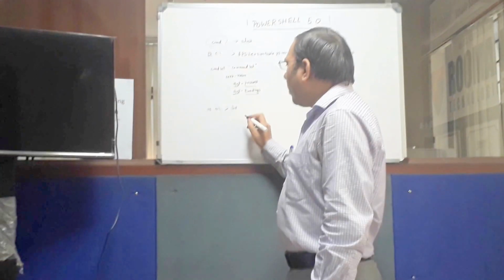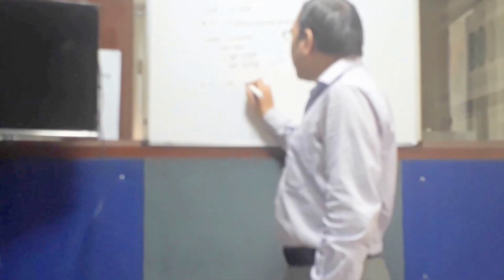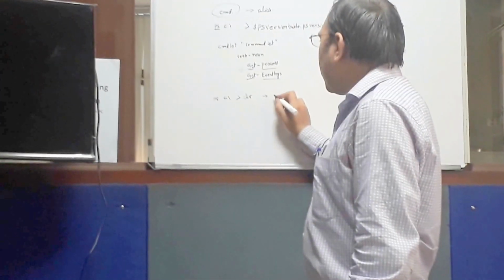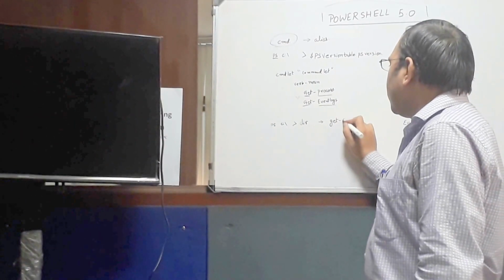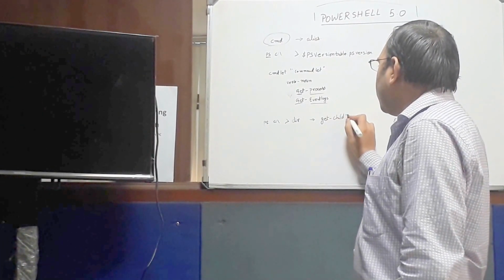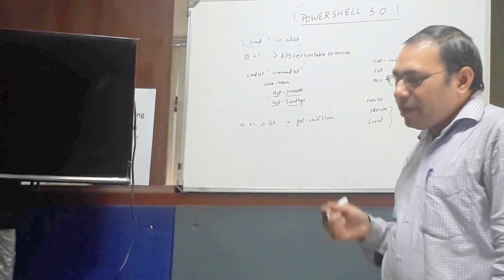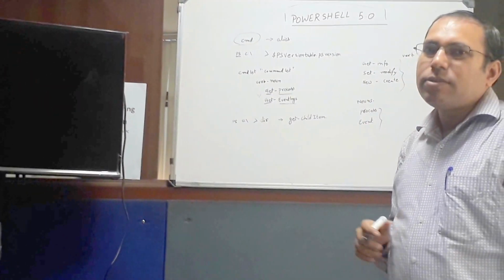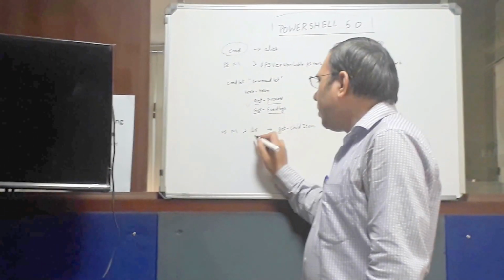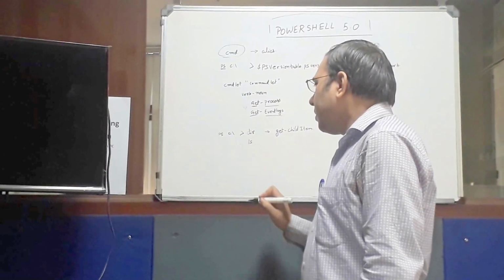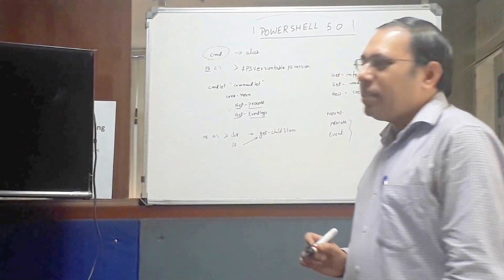So that is one thing. But actually this is the alias of another commandlet in PowerShell, called Get-ChildItem. So this alias you can use. Same way, some of the Linux aliases are also added. For example, in Linux, for getting the directory listing, you will use the command ls. So this also will be an alias to the same Get-ChildItem.